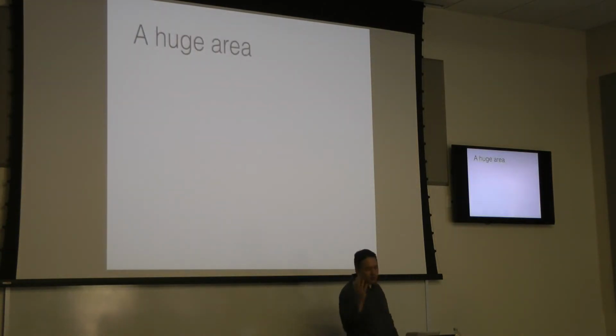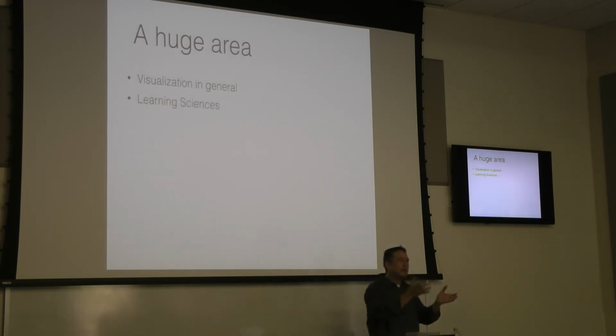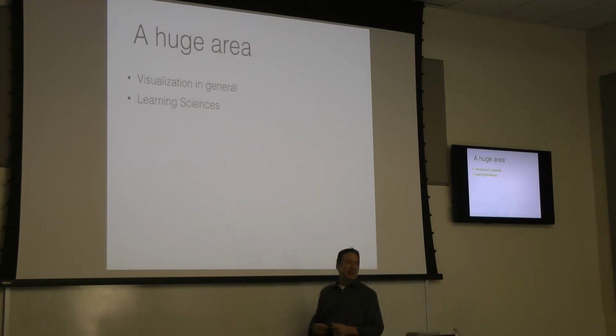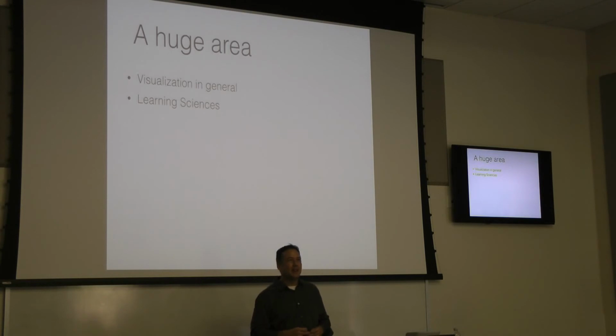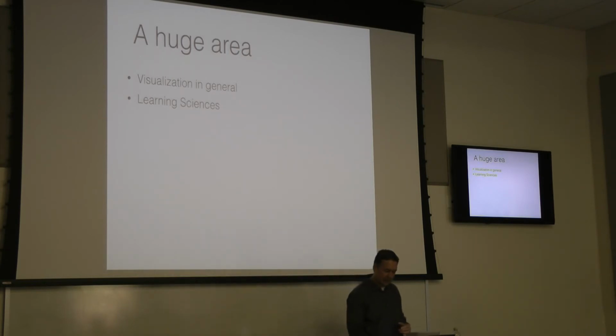Okay, so this is a huge area, right? These kinds of gaming and education. There's another galaxy of areas, right? So there's visualization in general. There are the learning sciences, which is, I guess, Memphis is maybe the center. I learned about you, Rick, so I'm relying on you here. In learning sciences, it's a lot of specific hypothesis tests, like do people learn more when you get a detailed picture of a heart, let's say, or a line drawing of a heart? And people actually do better with a line drawing because it abstracts out the unnecessary information.